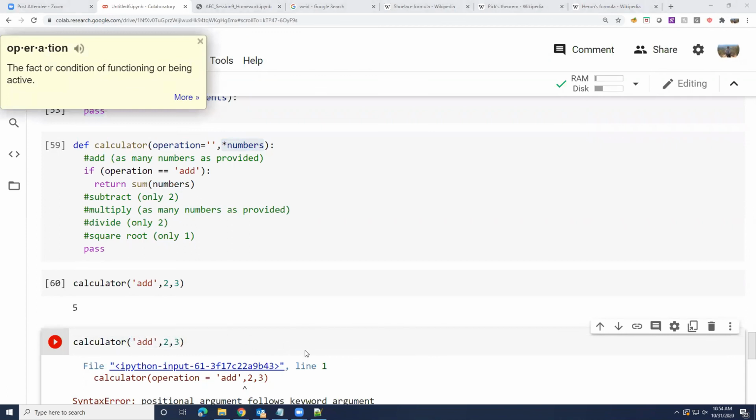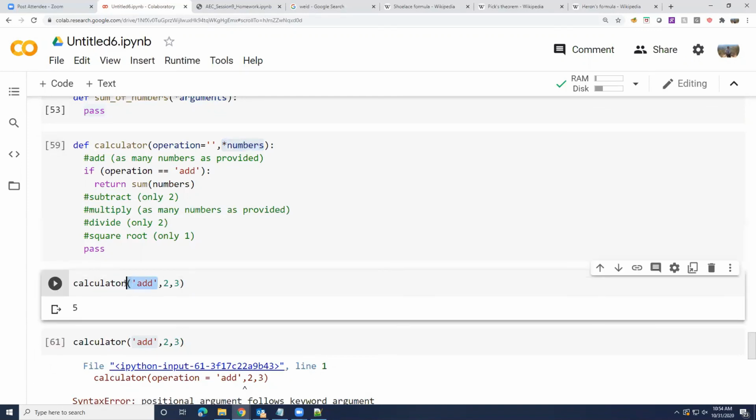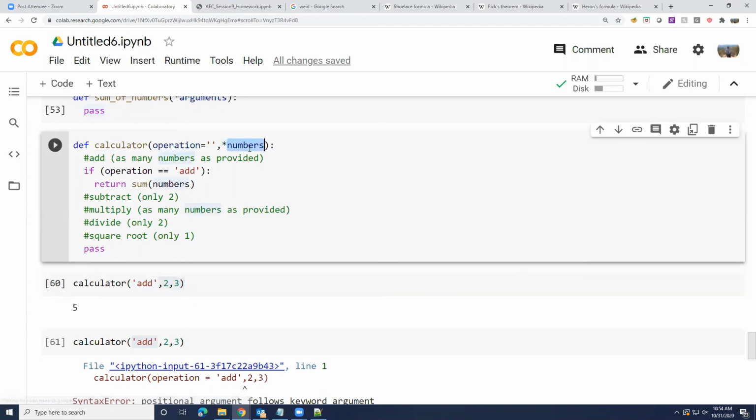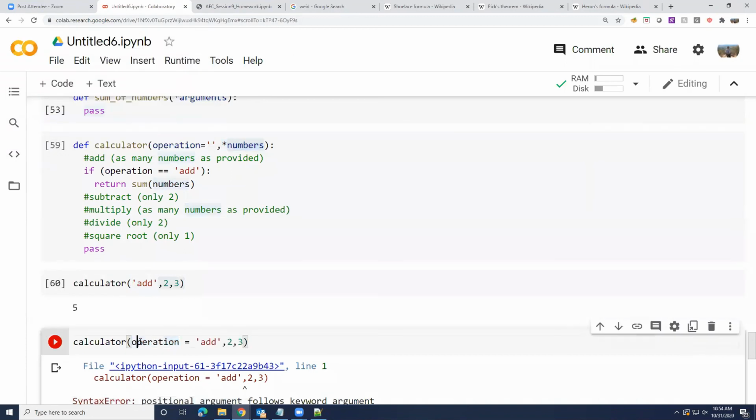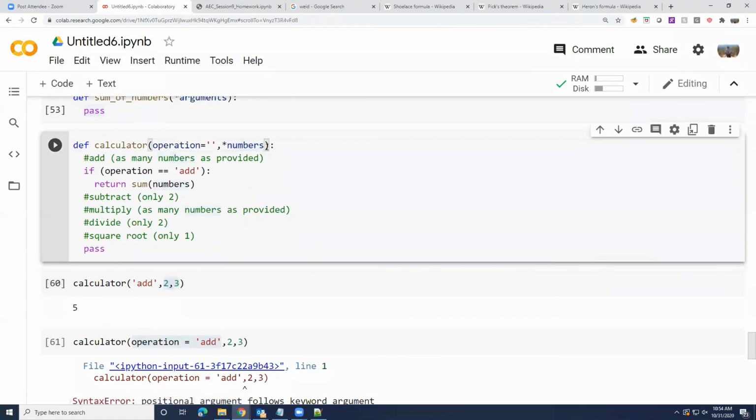It works if I don't name, because then it's taking purely by position. Because when I'm giving it variable arguments, there is an implicit understanding that, hey, whatever number of arguments are coming up, I'm just going to stuff into this, except the first one, right? So this is thinking I'll take the first one, stuff it into operation, and everything else after that, I'll just stuff it into numbers. But when I give it a name and say, okay, take this and put it into operation, it's now confused. Hey, my idea was I'll stuff the first argument into first parameter, and after that, every other argument into numbers list.